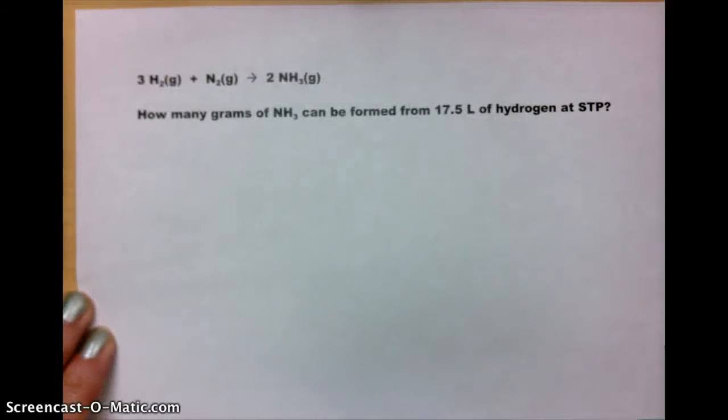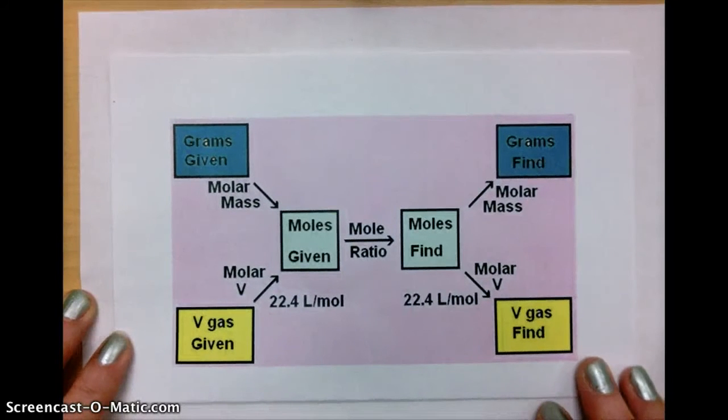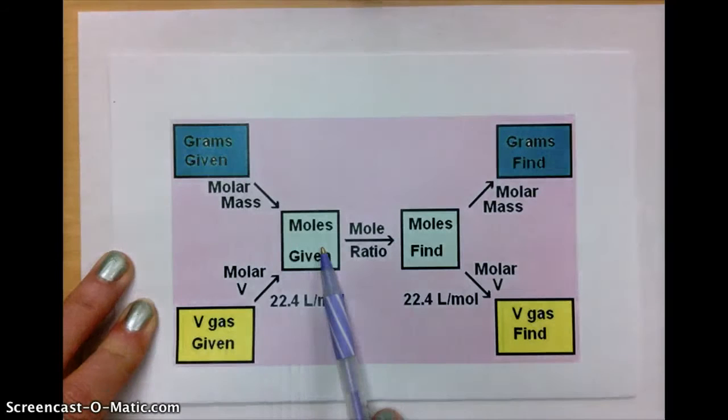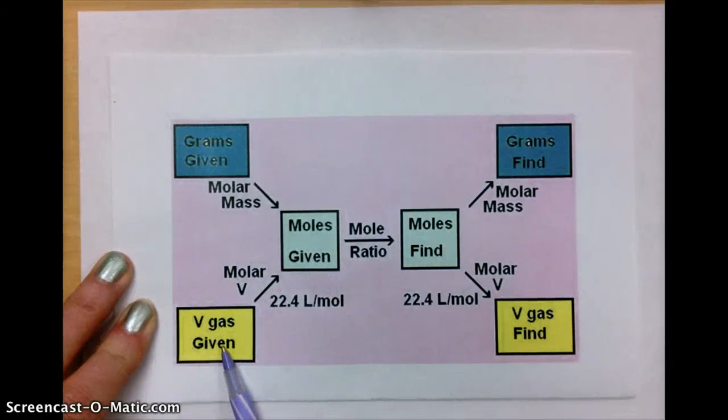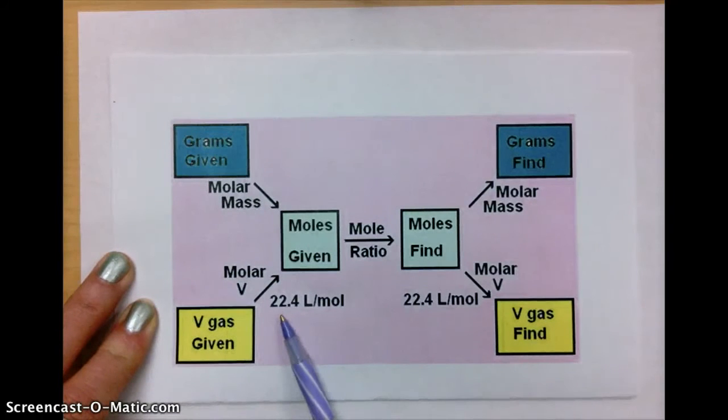Let's go back to our cheat chart for stoichiometry. Now in this problem, we were given liters of hydrogen. So we're not starting at grams, we're not starting at moles, we are starting with the volume of a gas given at STP. From that liters, we can convert to moles by using the molar volume, which is 22.4 liters